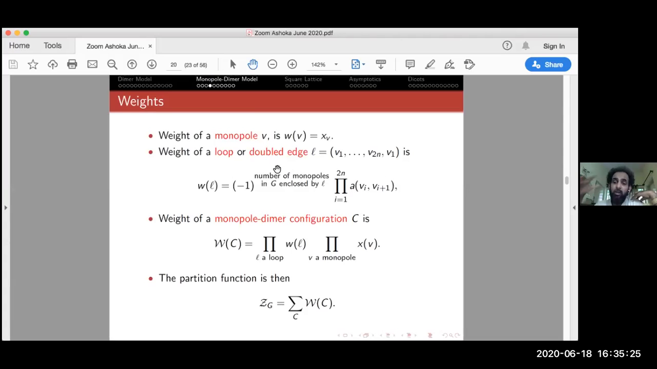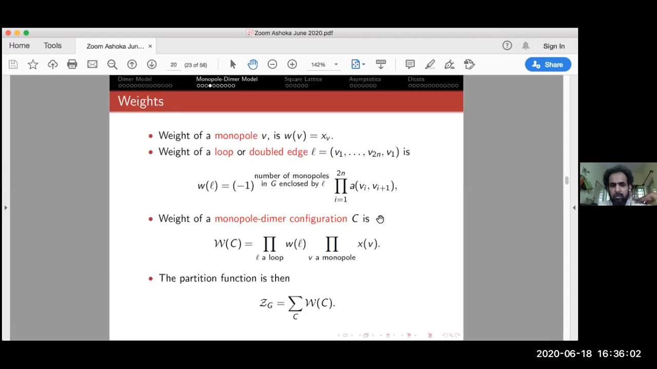So this is why I use the term monopole instead of monomer, because this is akin to the computation that Dirac does carrying currents. It is very much analogous to Dirac's computation. So that's why I call these monopoles. And the weight of a monopole dimer configuration is just the product of the loop weights and the monopole weights. Of course, the partition function is the sum over